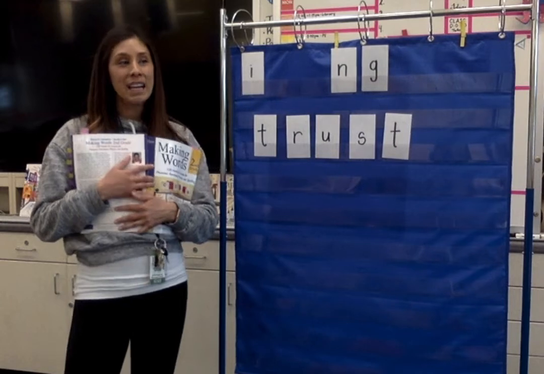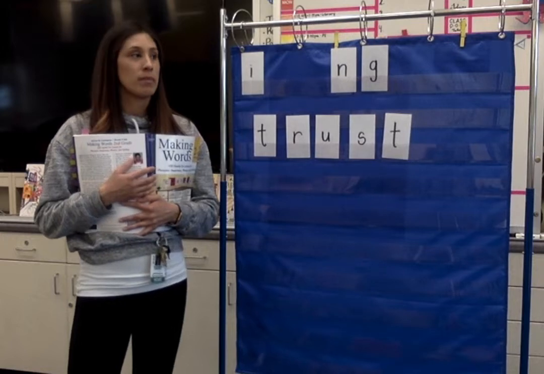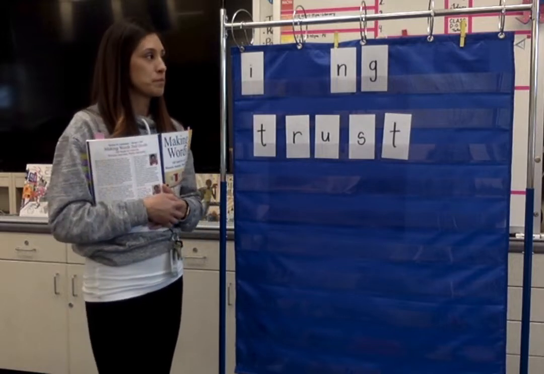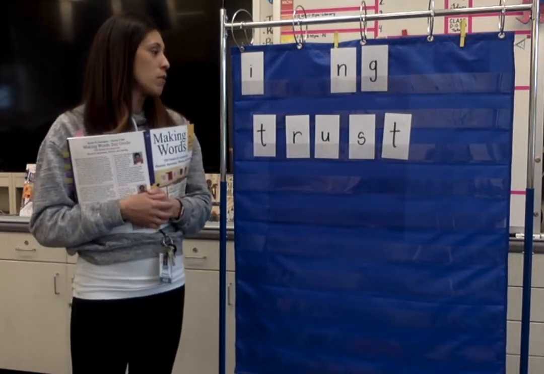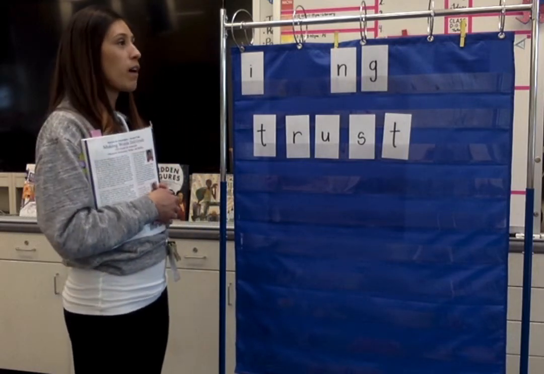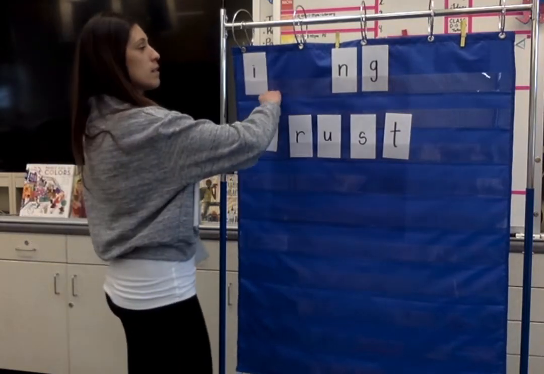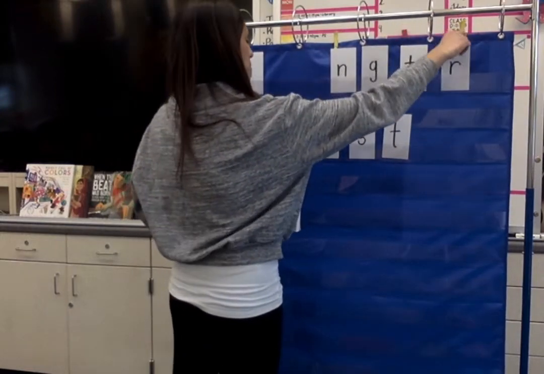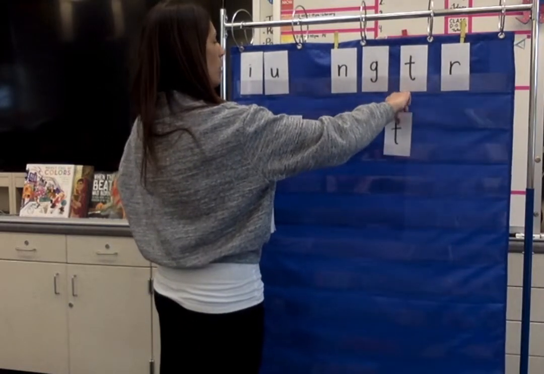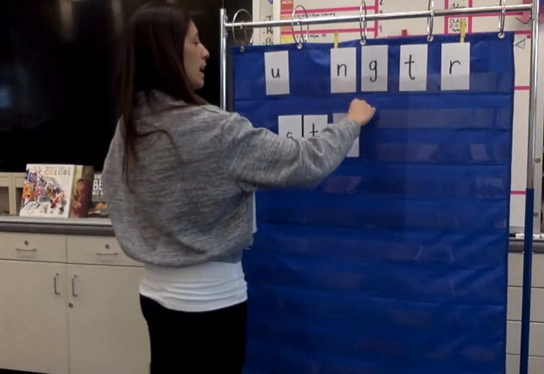All right, the next word you are going to build is the word sting. Sting. Like, I got a bee sting on my arm. Sting. Give you a moment to build that one in front of you. All right, boys and girls, when you're all set, go ahead and spell that word out loud to me, please. All right, I think you probably agree you are going to keep this ST blend, okay? So, sting,